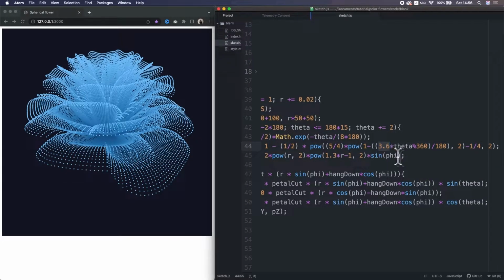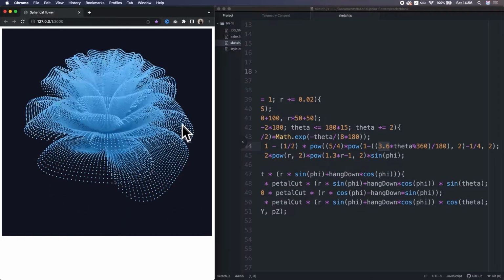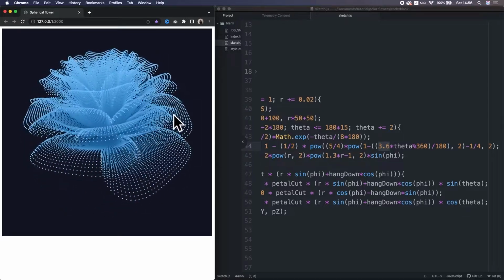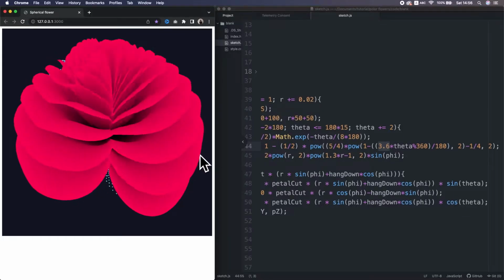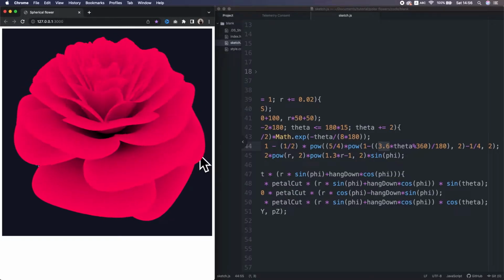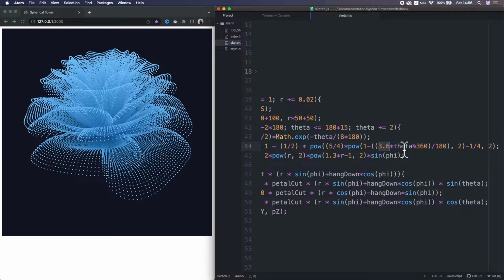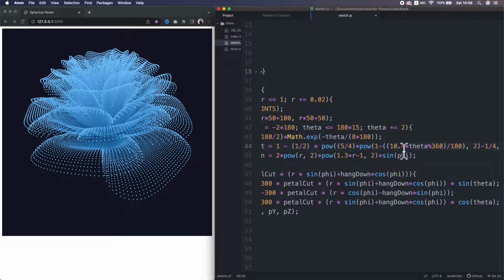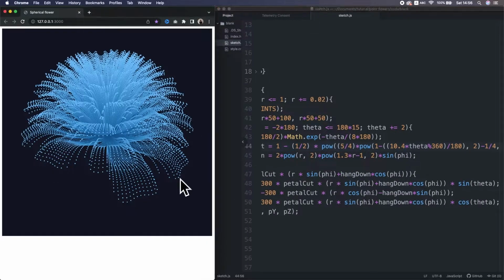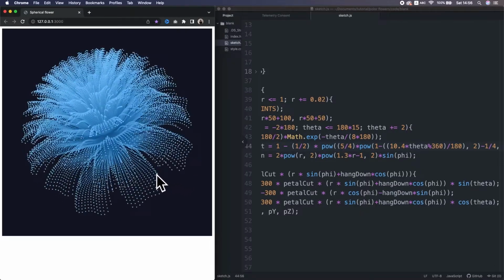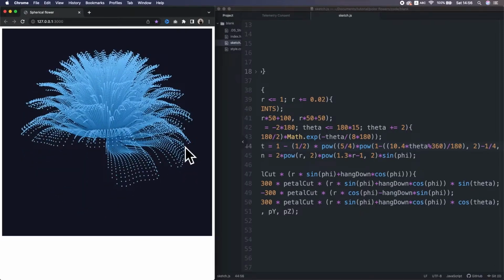And I want to take a look at this coefficient 3.6. Do you remember what this value does? This value determines the number and alignment of the petals. When we continuously change this value, we see this crazy movement. Alright, for now I set it to 10.4. Okay, let's reload it. Now the number of petals has increased and each petal is much thinner